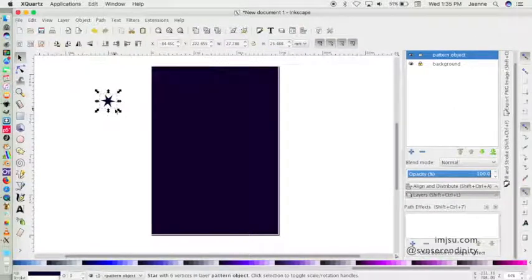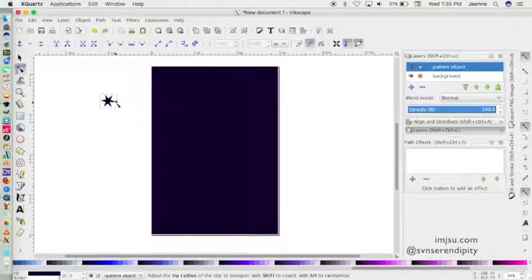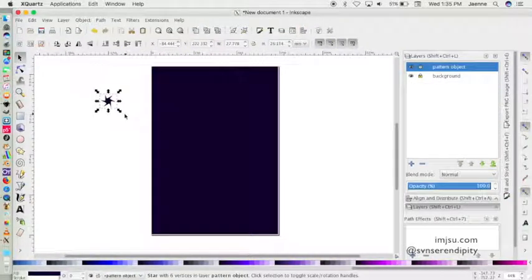You can draw anything you want. Let's try to make it like that, modify it a little bit, maybe like this,